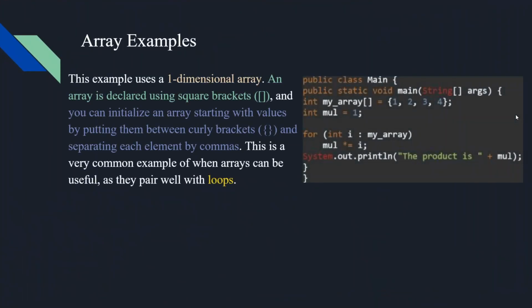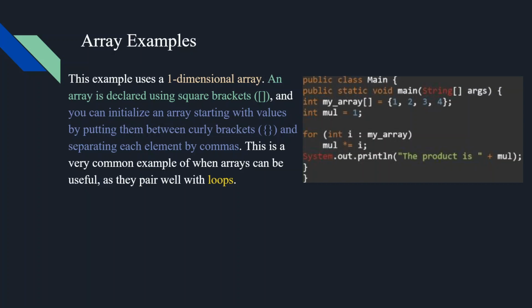To end part 1, let's look at a couple examples of arrays. The first example uses a one-dimensional array named myArray, with length 4 and array type int. An array is declared by writing the variable type and later a pair of square brackets. You can declare an array with values already in it by using curly brackets and separating the elements with commas. The square brackets can either go before or after the variable name, and an array without preset values would be set using int[] myArray = new int[length];